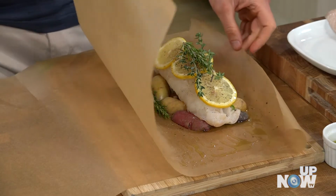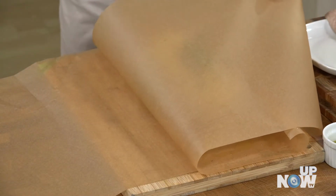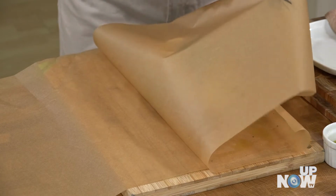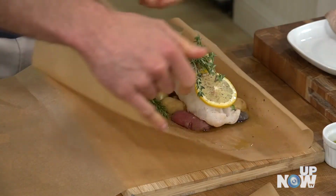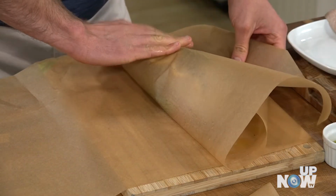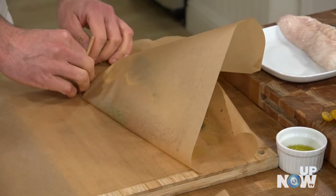We're gonna turn this into a cute little pouch. We're gonna make a cute little home for this guy. So you're gonna just fold it over. This used to be super intimidating to me. Now, not so much. So I folded the paper over and I'm going to make a little triangle at the